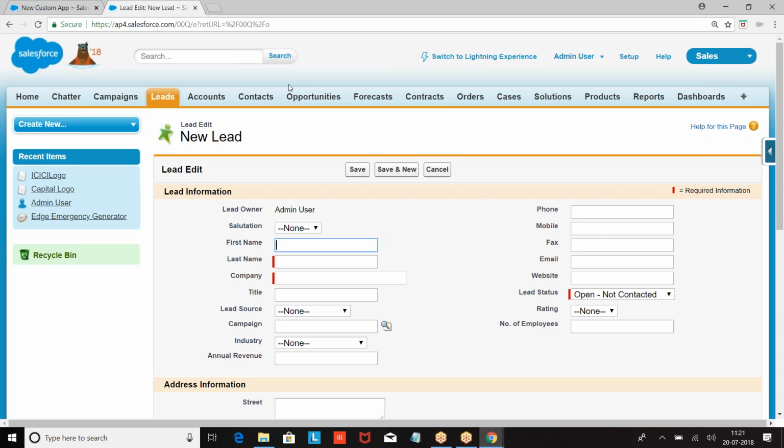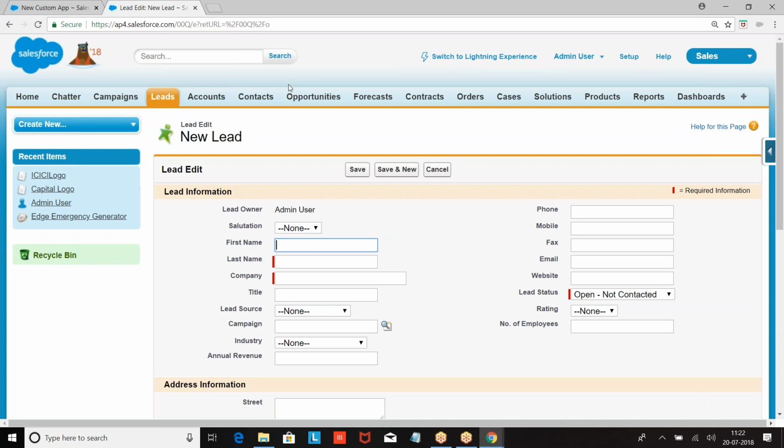So every record we open will be open in a new tab, which is called console app. Console app means everything that we open will be opened in a new tab. In Google, when you are searching, what do we do? Open in a new tab. Why are you opening a new tab? So that next time you will not search for the same page. If you don't open a new tab, the existing page will be replaced. Again, if you want to search, go to Google and search again.